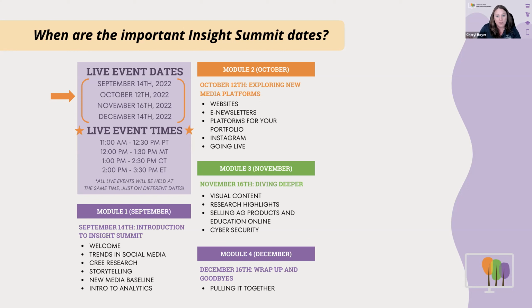Then in October, we're going to switch gears a little bit and really look deeper at some of the different platforms, websites. There's a handful of different website platforms, and different ones make different sense for the structure of your organization and what you're trying to accomplish. But if you're part of a university with their own content management system, you probably have to look internally for some of that. But lots of times we have projects that we can set up on some external platforms. So we're going to go over websites, e-newsletters, different platforms that you might want to consider.